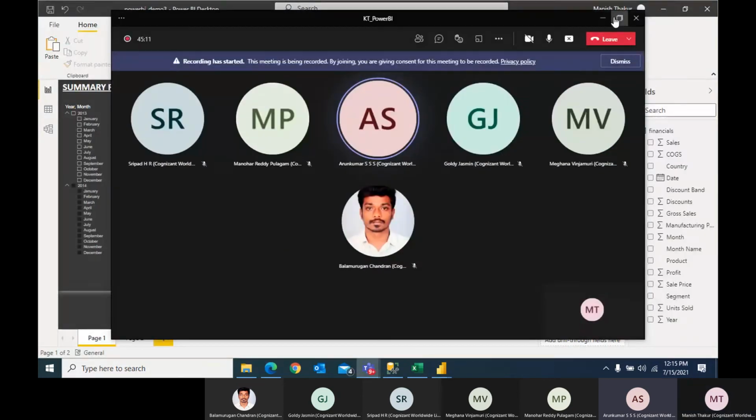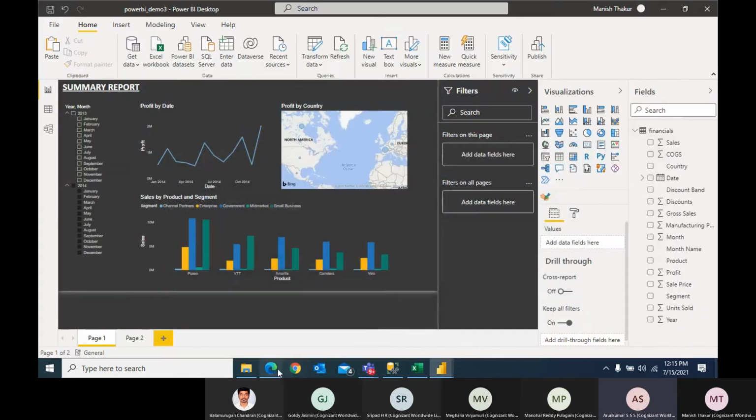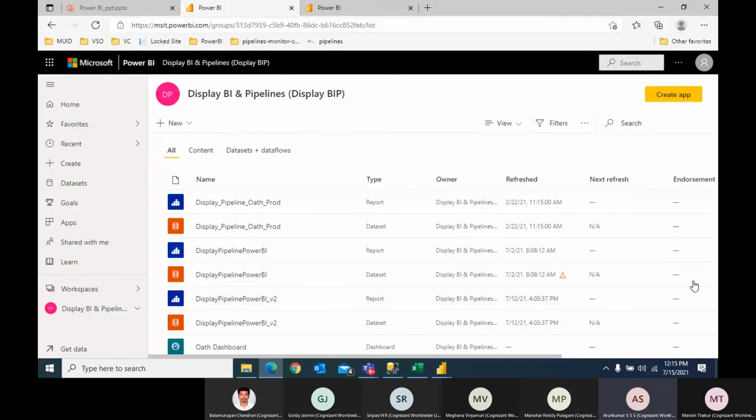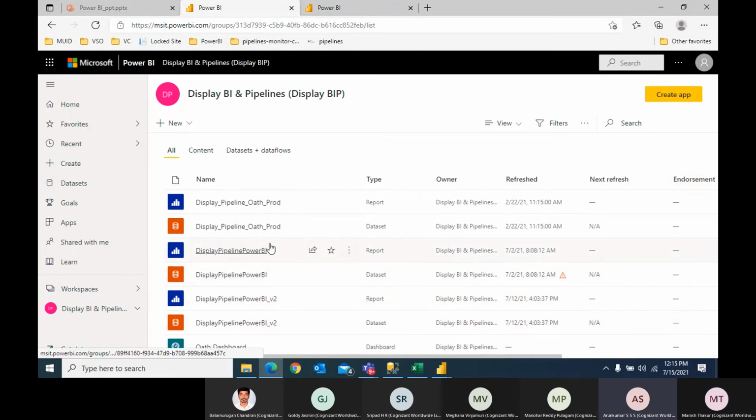Second thing, can you show me the refresh history for our production pipeline? Can you show where it is deployed, that path? Then can we deploy instead? I don't know, the BA team is using this workspace or something, correct? Can we create a new workspace and give access? Manohar, do you have any idea? Can we create a workspace?